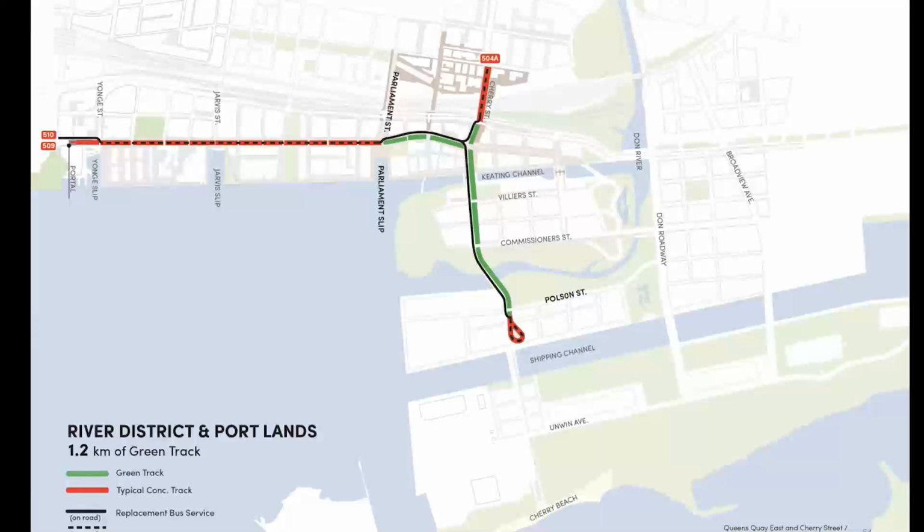So the goal we've really been talking to the TTC about is, can we do the River District? Can we actually make Queens Quay a green track and also Cherry all the way down to the loop? We don't think we can green the loop because there has to be turning space for buses as well. But that would be a really significant and meaningful outcome of our conversations, which I must say the TTC has approached in a really positive way, the city divisions as well. And Fire and EMS, we're really clear on their requirements and what they need, and there'll be challenges in meeting them, but we remain optimistic, and we have to be, because it